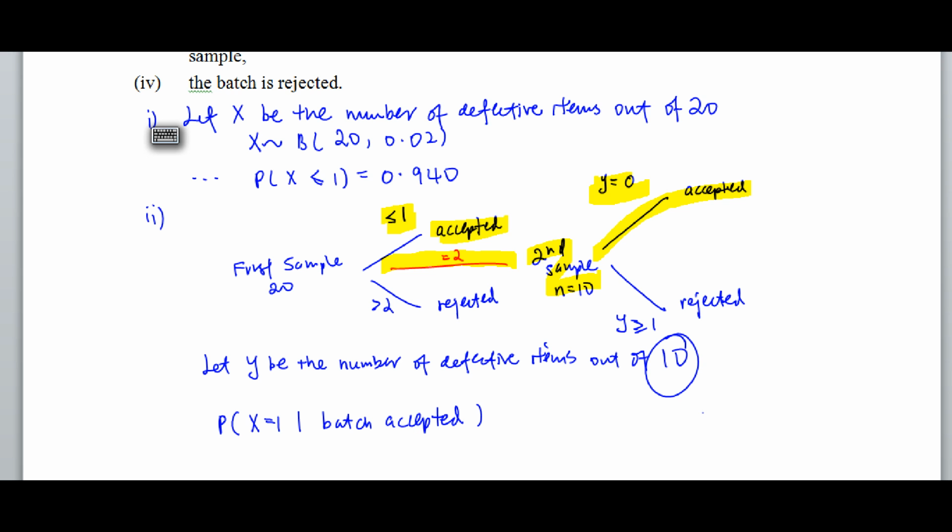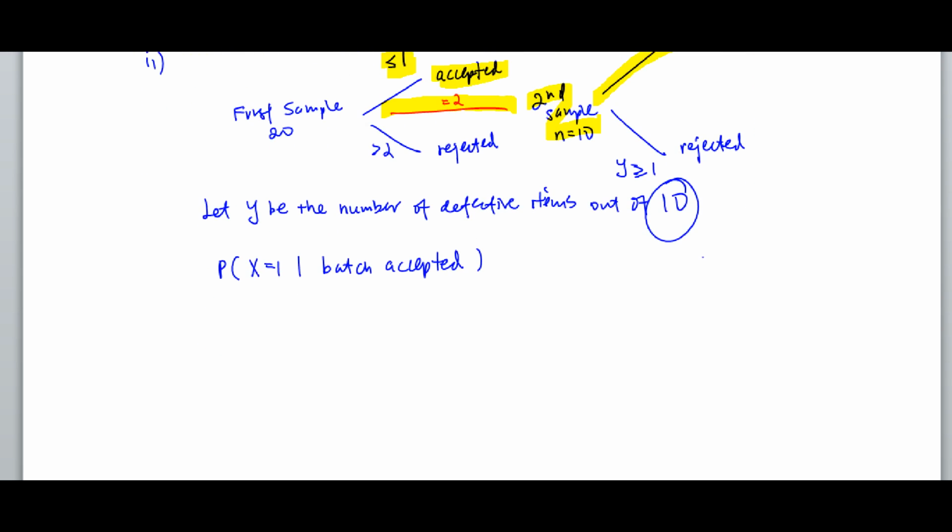Alright, so now let's try and calculate this probability. Before that we can always define what is y. If y is a number, y is also a binomial. This time n is 10 and p is still 0.02. So this probability is A intersect B. Now if x equals 1, surely it's accepted. So this intersect this, you will still get back x equals 1. So probability of x equals 1,